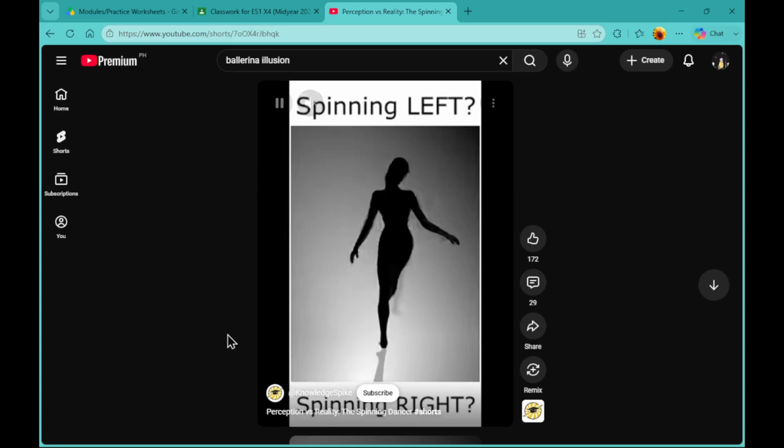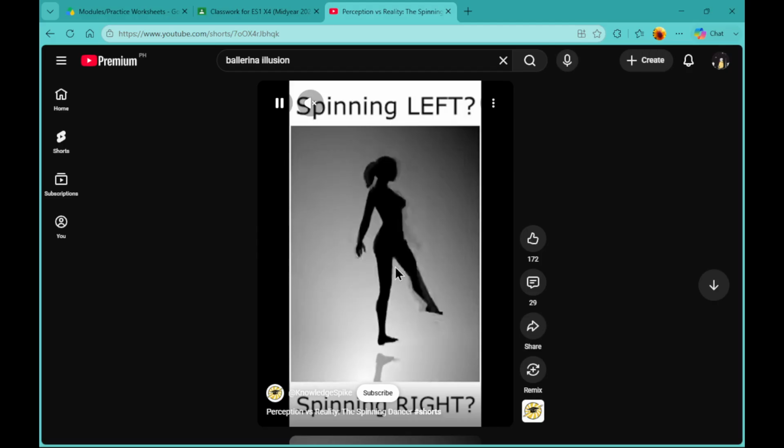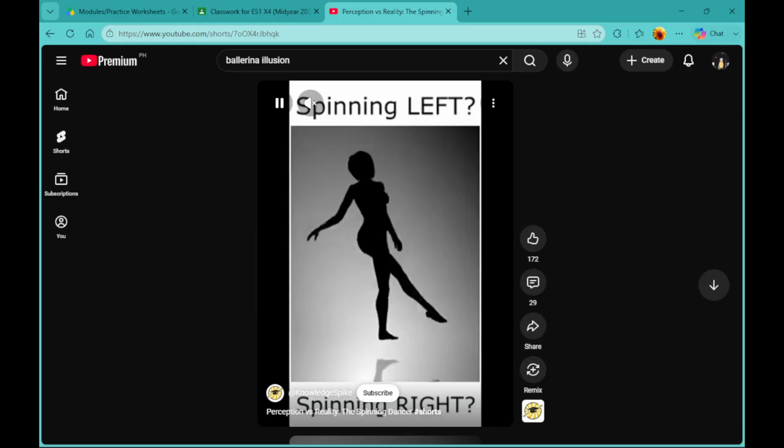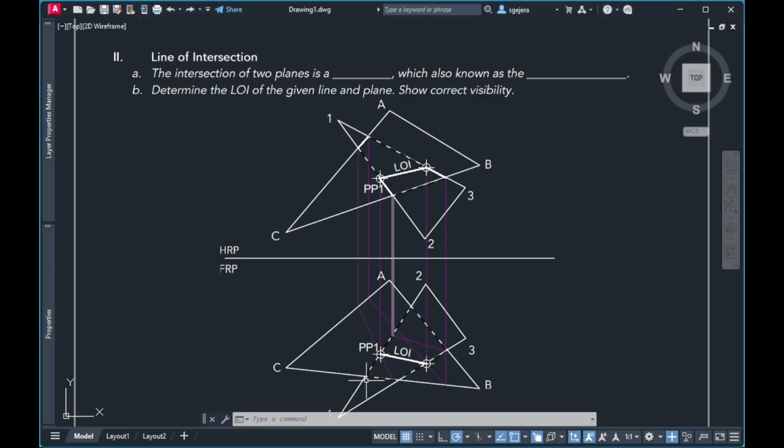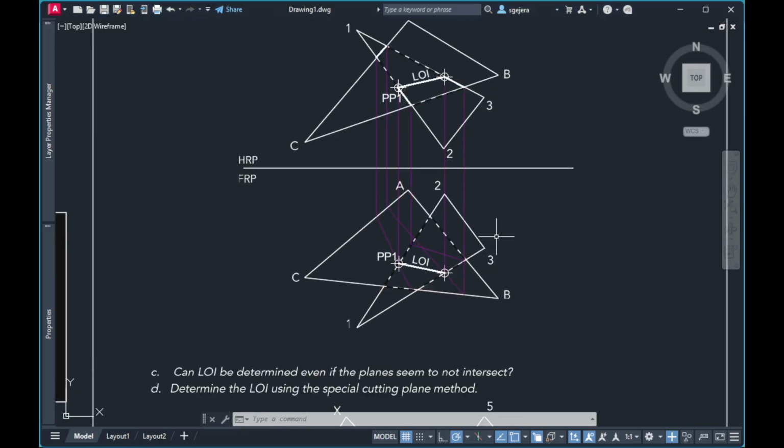Because if you notice, this spinning ballerina has no dimension. It's really just a 2D shape. It has no shadows to give us a clue about depth perception. It's the same as this one. These are just 2D lines, no shadows to tell us which is in front and which is at the back. So it's not your fault if you can't imagine it in 3D space. Okay? But again,